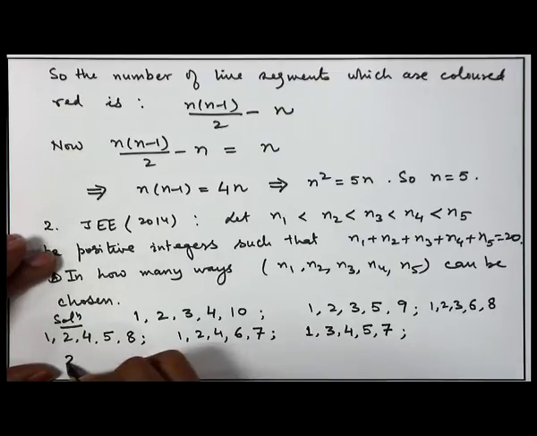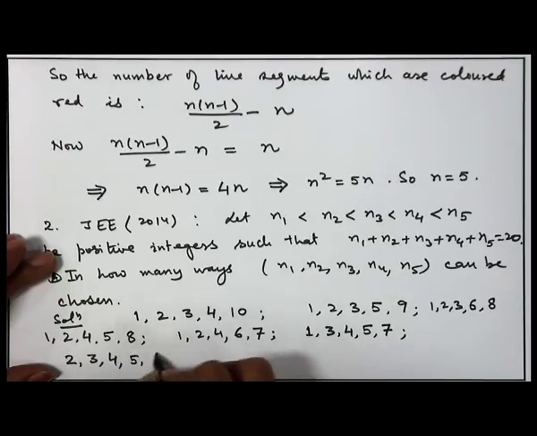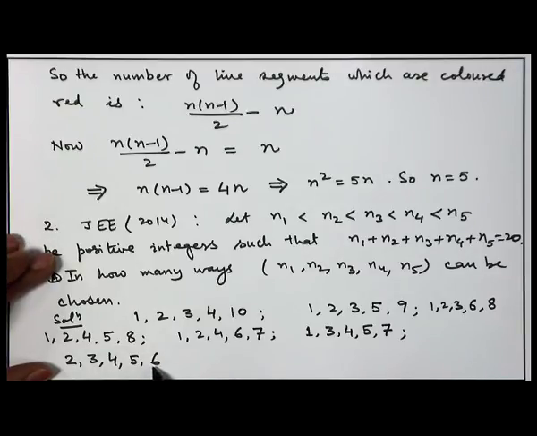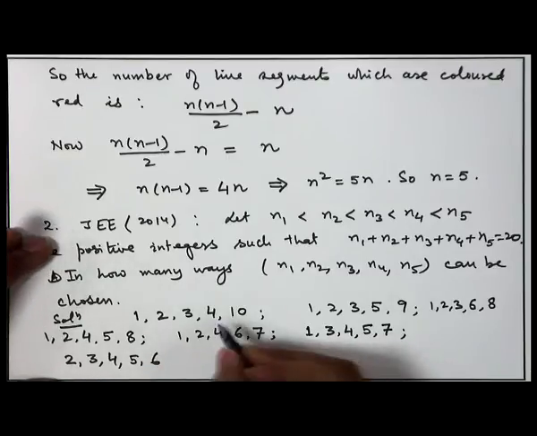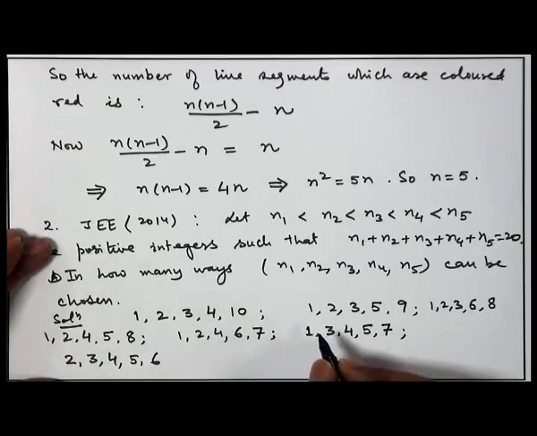So, the second value of n1 we can take to be 2, and then we take 3, 4, 5 and 6 as the values for n2, n3, n4 and n5. You can see easily that this sum is directly equal to 20. Therefore, now there is no other possibility of increasing any other number, that means I can't make any of the n2, n3, n4, n5 to be any other choice other than this. So, this is exhausting all the possibilities of choosing n1, n2, n3, n4 and n5